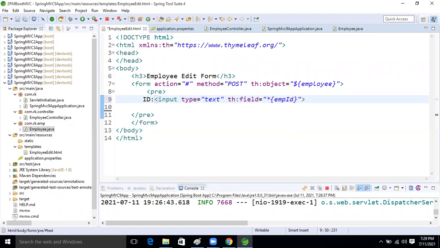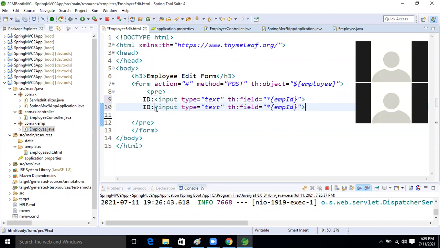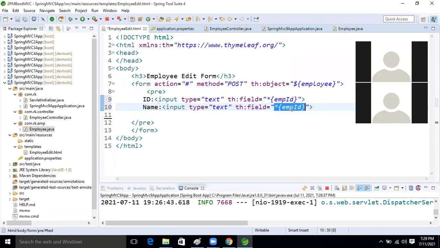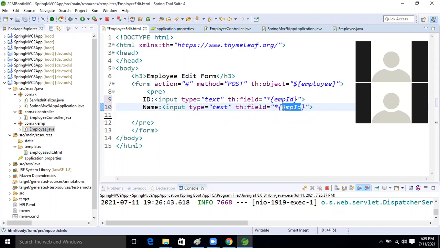Okay, good. Same thing, let's copy this one, and for the other variable also, let's do it here. What is that? Name, right? Here name is there. Inside that, the employee emp name, copy this attribute name and paste it here. Okay, so here, form. Okay, good.